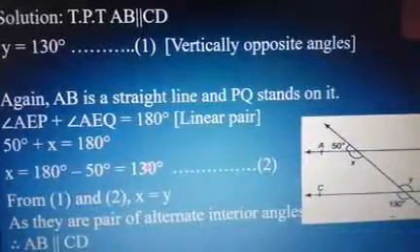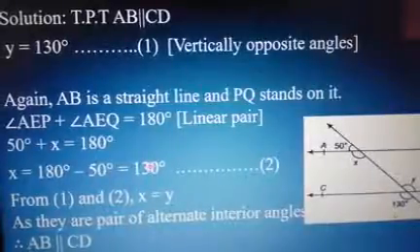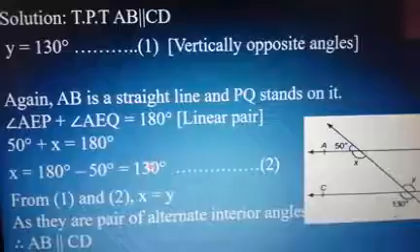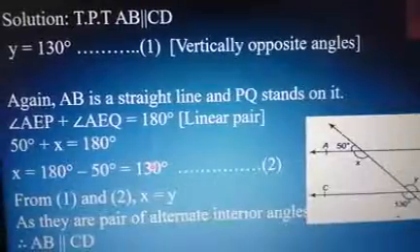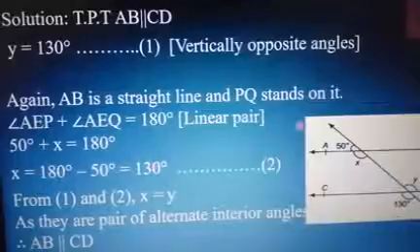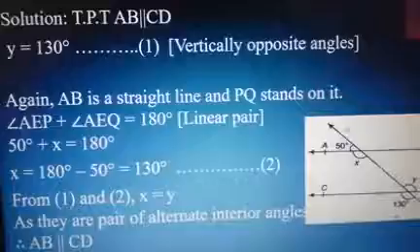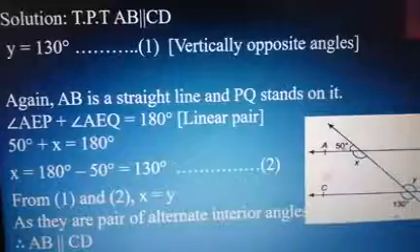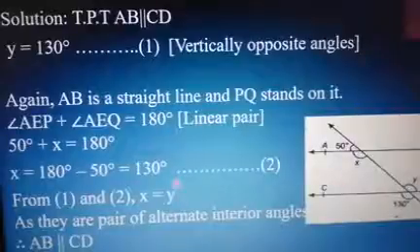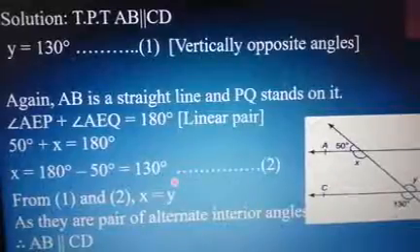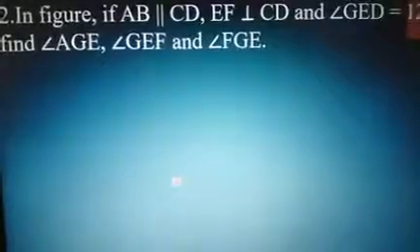See, very simple. So always understand the figure well and try to find out the answer with the help of the figure itself. And always remember, when you're writing the solution, you're supposed to write the figure, because we say that AB is a straight line PQ. Without the figure, if you write it, you'll get 0 marks, because we don't know where AB is, where CD, PQ and all are. So the figure is a must for any geometry solution. So let us move on to the next problem under the same exercise part.